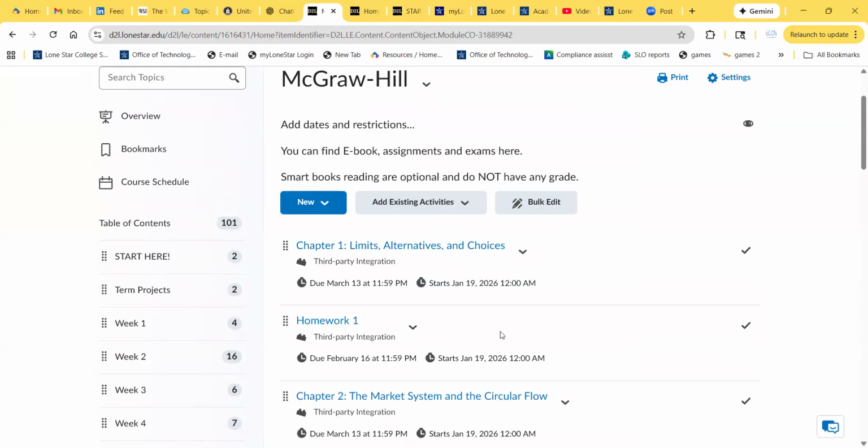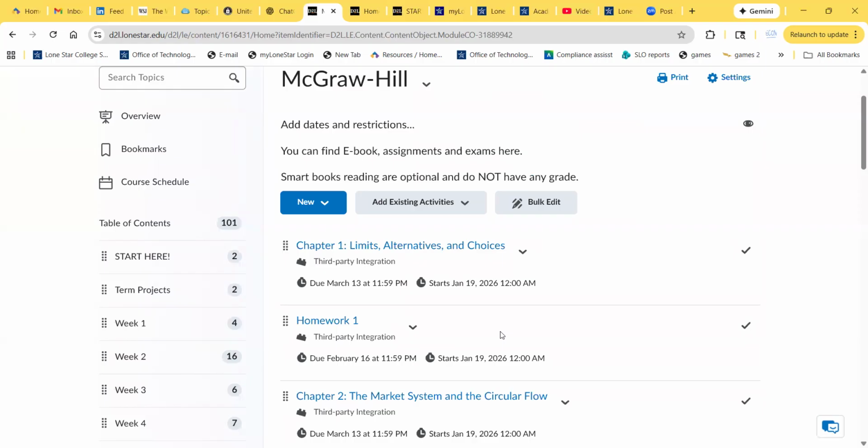In this Connect Plus that I'm talking about, you have access to the electronic textbook. You do have access to graded assignments, non-graded assignments, and also exams, okay? Again, starting last semester in fall, Lone Star has this thing that is called the Star Bundle, that basically you guys don't pay anything extra for the textbook, because the textbook fee is part of your tuition.